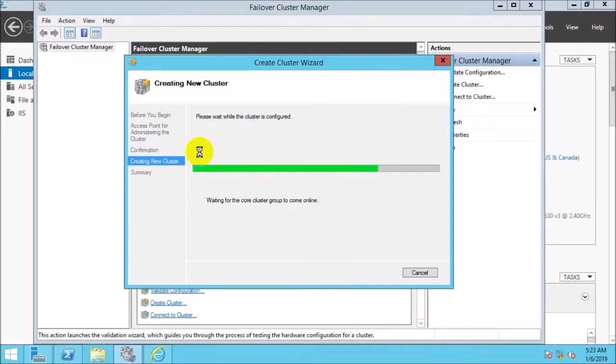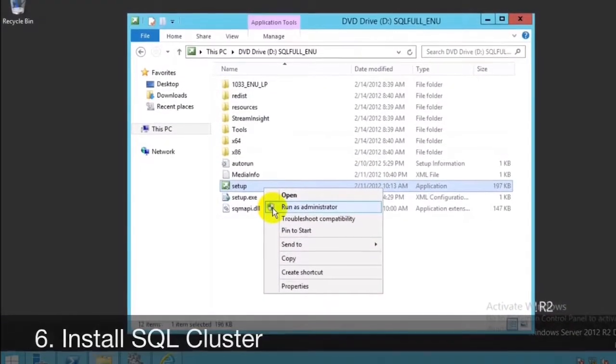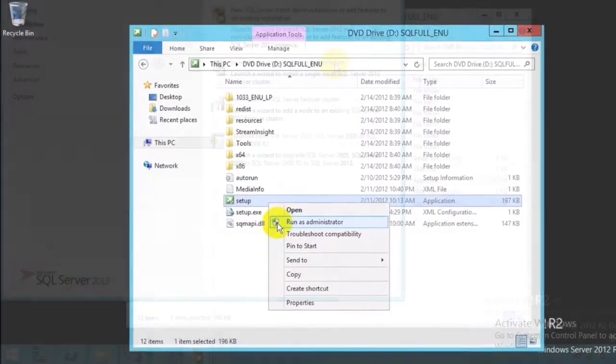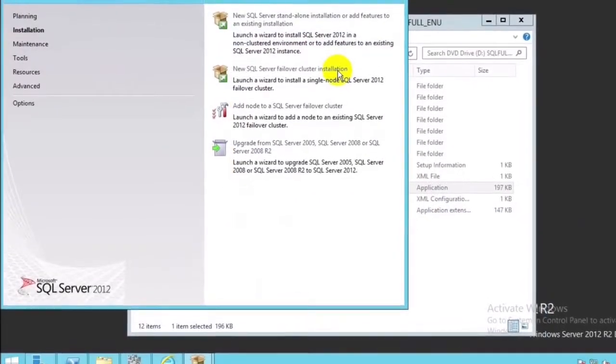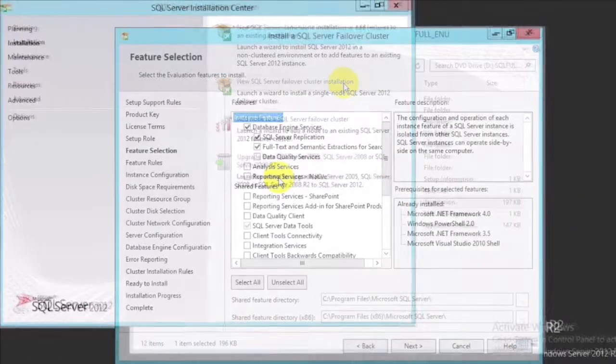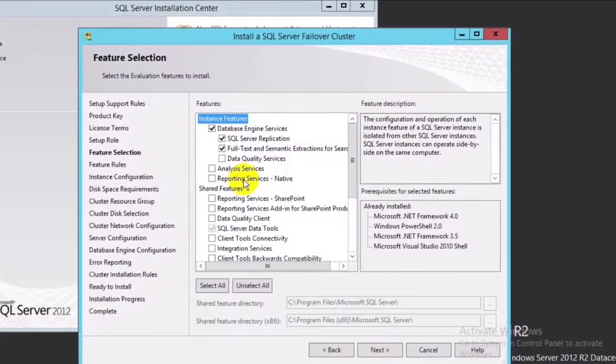Our cluster has been created. After the failover cluster has been created in the Windows server, we should start by installing the SQL cluster too. We choose New SQL Server Failover Cluster Installation, choose the Database Engine Services,